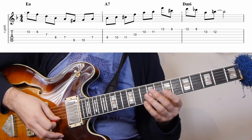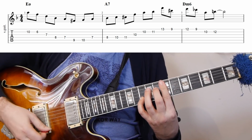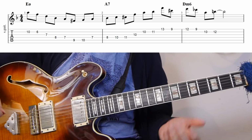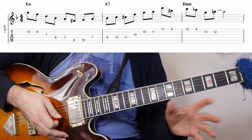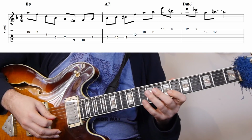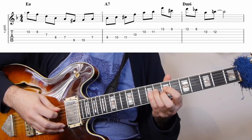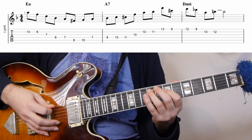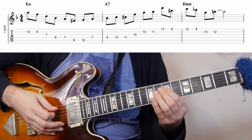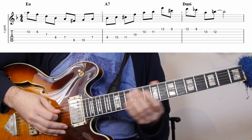It really brings out sort of the 2 notes at the outer side of the arpeggio, which is the 11 on the half diminished chord, and also just the flat 5, so it really does convey the sound of the chord quite well. And then the flat 9 is sort of hidden away in the middle and we don't really hear it too much. So I use that quite often, and in this case I'm just playing a descending version of it, so starting on the A and then continuing down a small chromatic leading note up to the 3rd and then up to the 11 again, and then on the A7 here I'm using A7 altered, so that's this